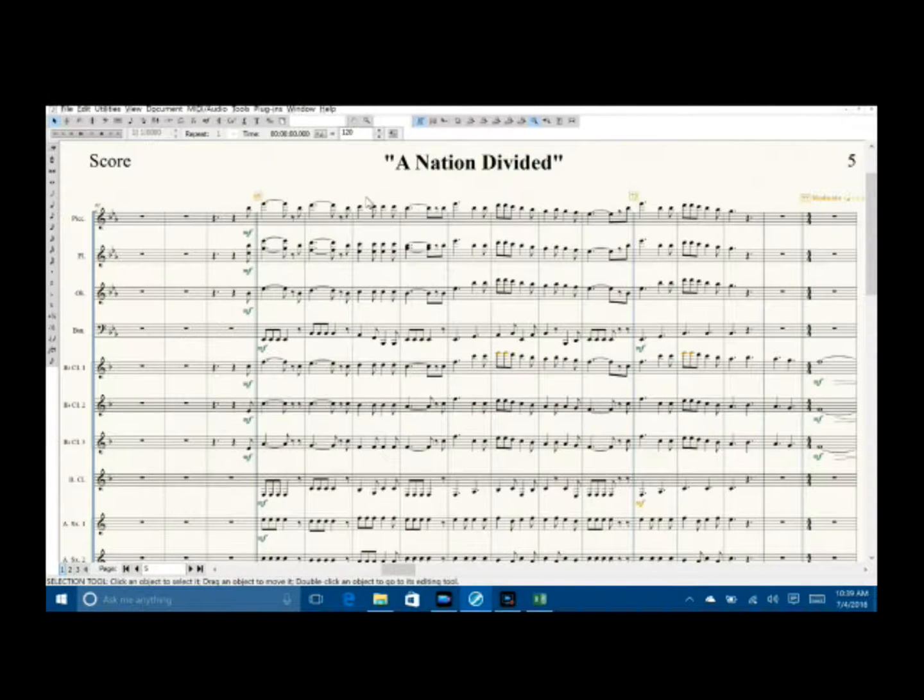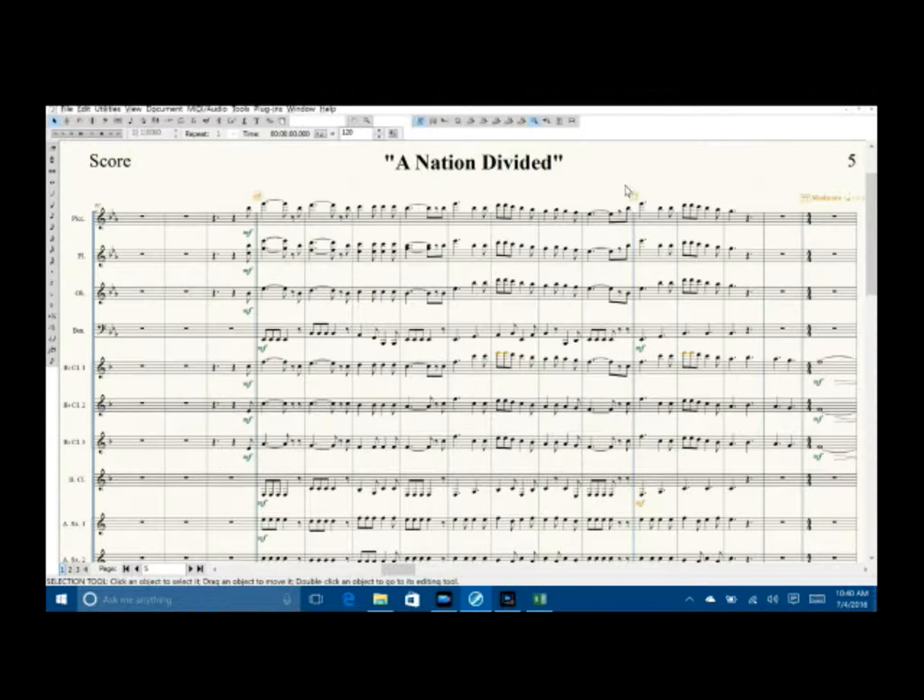One of the things you should know is that whenever you move something in the score, for example, this rehearsal marking 65 or this rehearsal marking 73 that I just moved, it will move it in all of the parts. So when you do that, be aware that's what's going to happen. If you don't want that to happen, I suggest that you make a copy of the score for printing and move it there. And later on, you can move it in the parts.